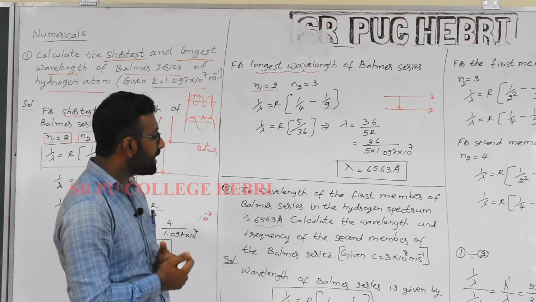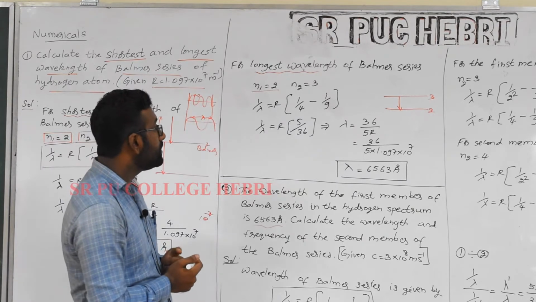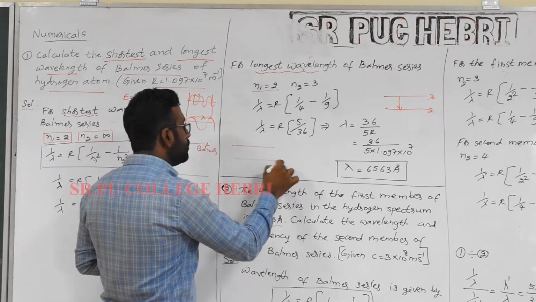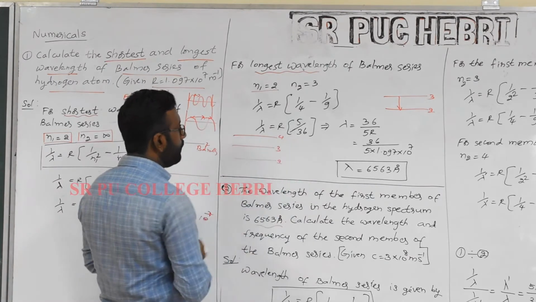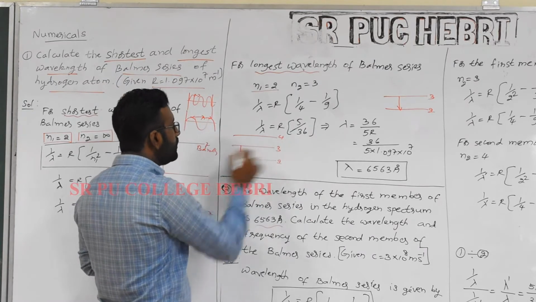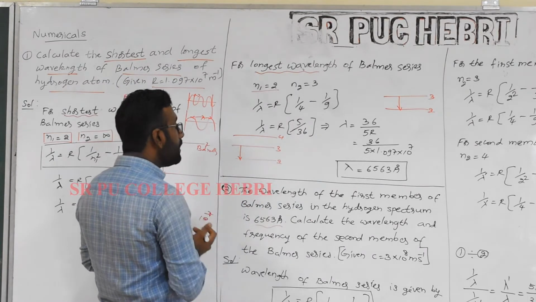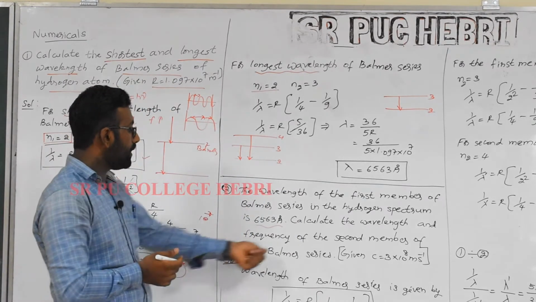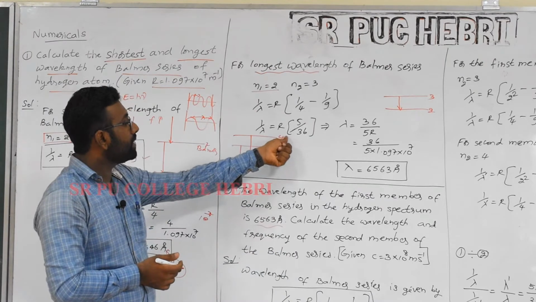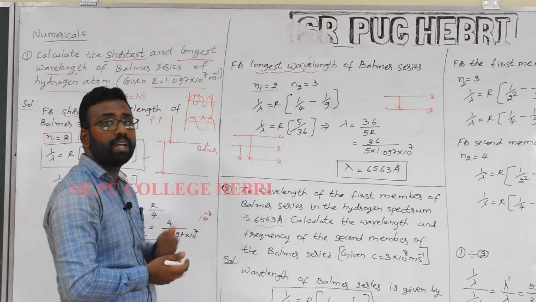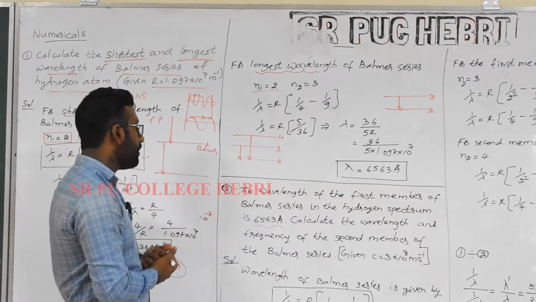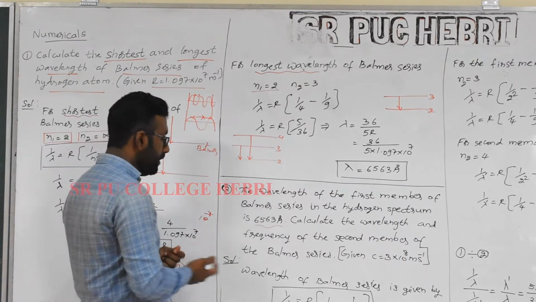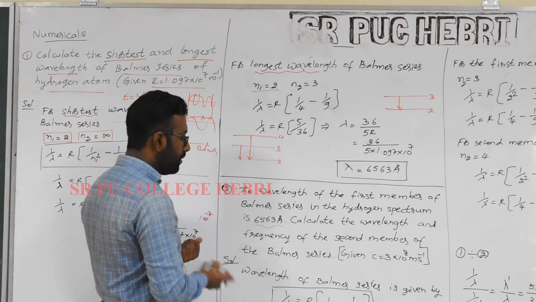So what is the meaning of the second member? For the Balmer series, we take level 2, level 3 and level 4. The first one means from 3 to 2, the immediate one. The second one is from 4 to 2. So when an atom gets de-excited from the fourth level to the second level, you have the second member of the Balmer series. That is what you are told to find out. Then it is very easy for us. We can just substitute the value for n2.